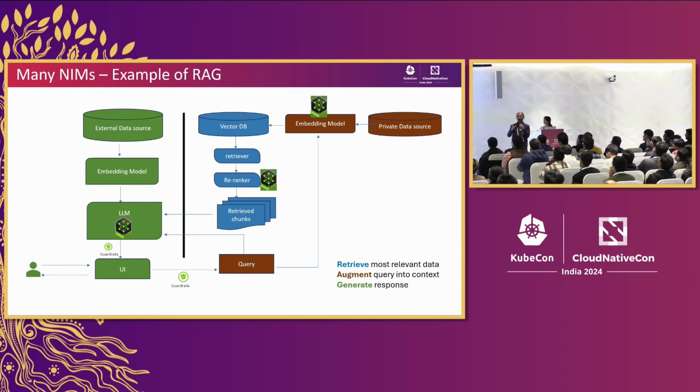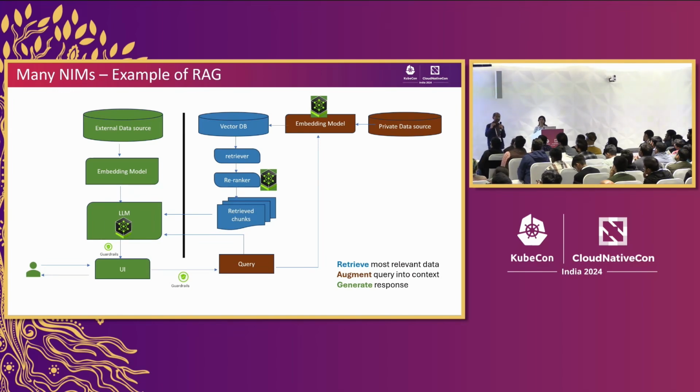RAG stands for Retrieval Augmented Generation. So RAG is retrieve, augment, and generate. So what do you mean by retrieve? These are the two aspects of RAG, or any text-based LLM engine. One is you have a lot of external data. You put that to an embedding model, then you have an LLM, which is what we call the large language model, from either Meta or Mistral. So you have an LLM. Now, to that LLM, you give any input token or any query that is going to generate something.